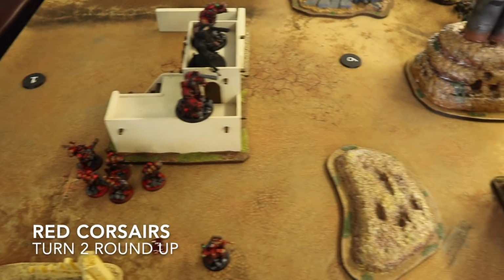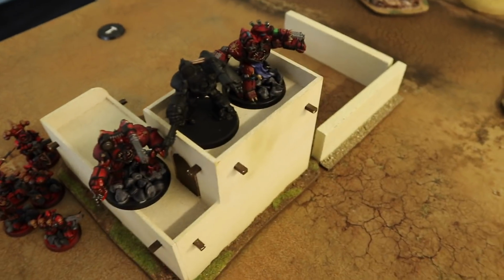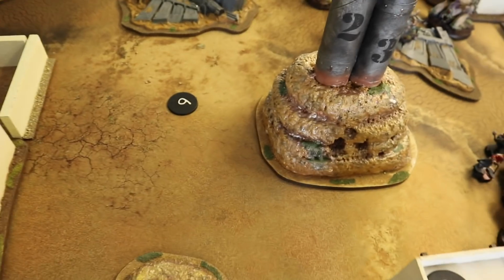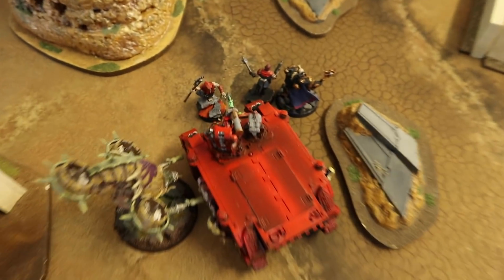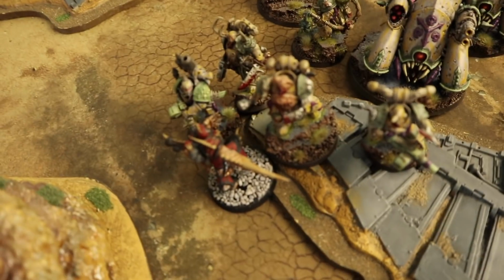Alright, end of Red Corsairs turn 2. So, things of note. These obliterators come down and shot twice and blew my bloat drone sky high off this thing. It was a good round of shooting, just damage everywhere, there was nothing I could do. Over here though, guys got out of here, they ran over here, they got absolutely muncherized, and this Greater Possessed